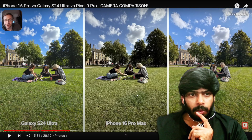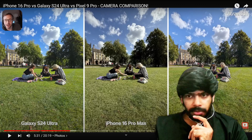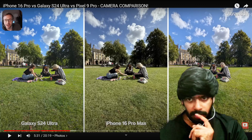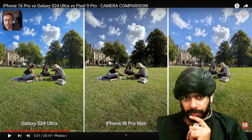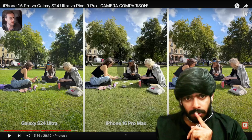ओहो, इसकी इमेज बढ़िया है भाई। ये क्या, क्लियरिटी तो बल्कि ये ज्यादा अच्छी दे रहा है, देखो बिल्डिंग कितनी क्लियर दिखाई दे रही है। Look at the color difference between them. Again, the iPhone's actually a little bit muted. We've got the different skin